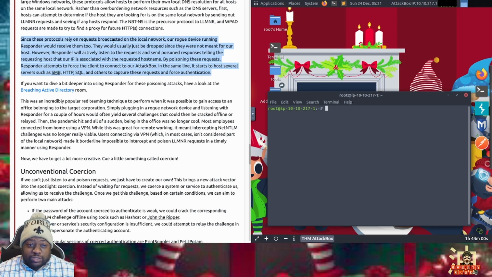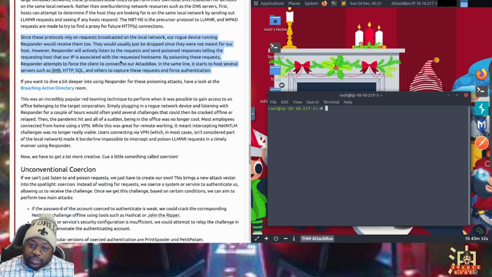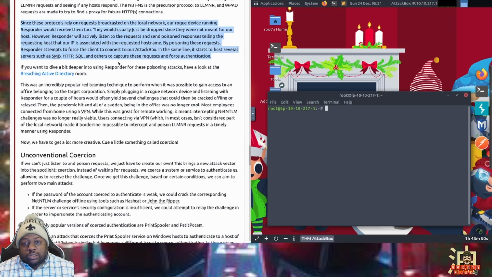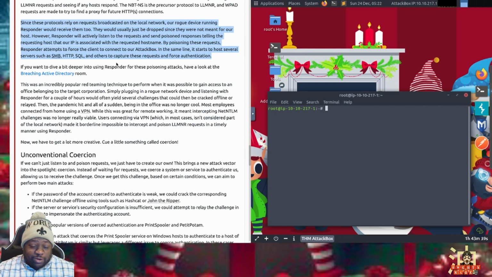A rogue device running Responder will receive them. So when you broadcast a message, everything on the local area network gets it. So running Responder, you see all these messages, and then you start sending out the answers as if you're the device that the message is looking for.